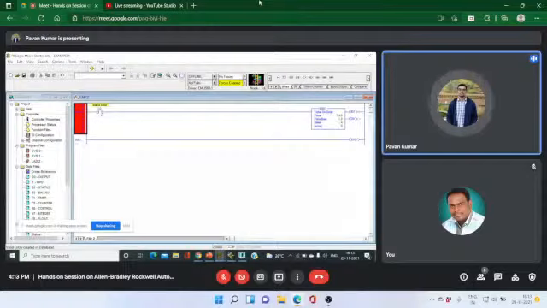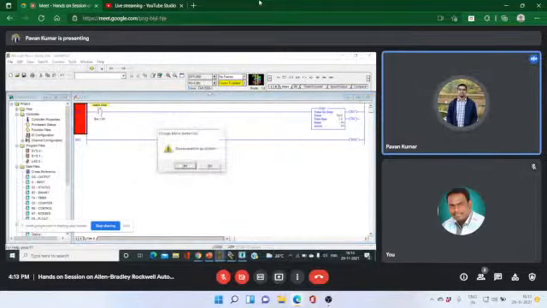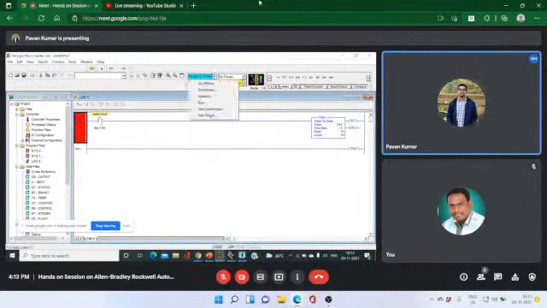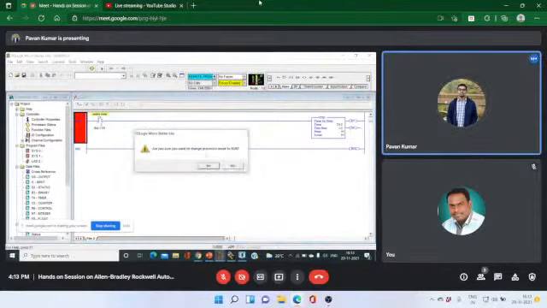We have to check that there are no errors and that the addressing of the timer is correct. That is, the timer is addressed by the address T4:0, the time base is 1, the preset I have given is 4, and the accumulator is 0. When we energize this, go to download, go online. Done.